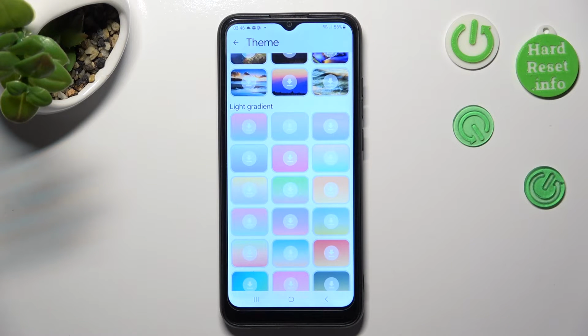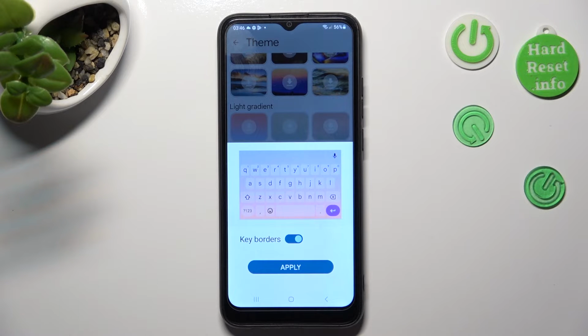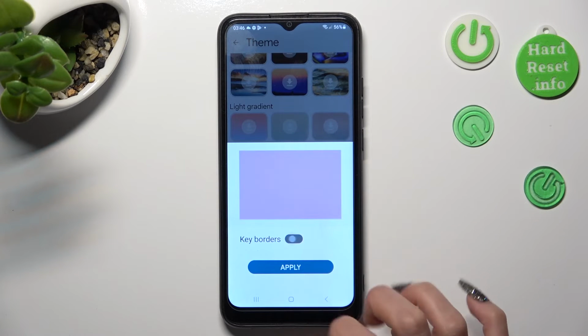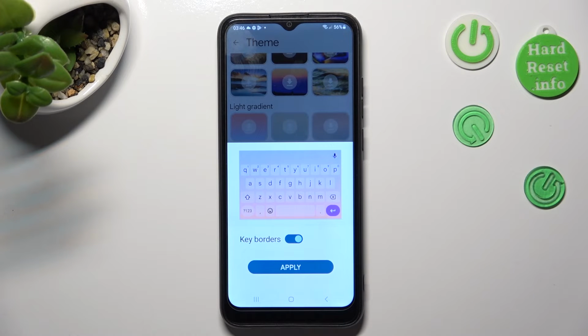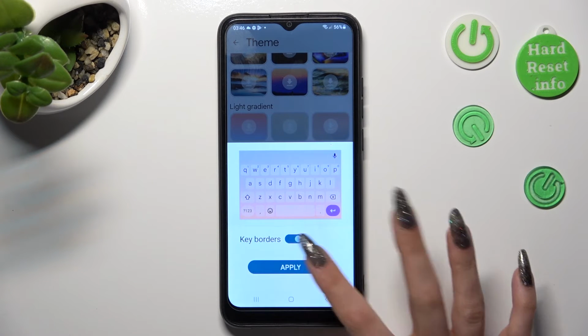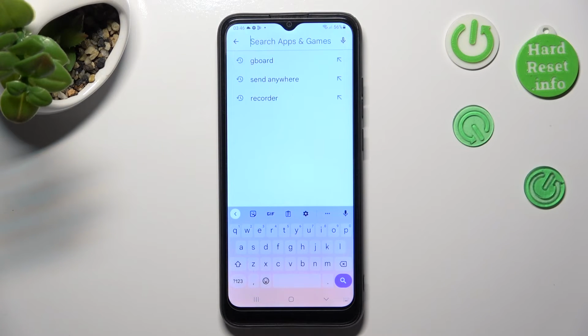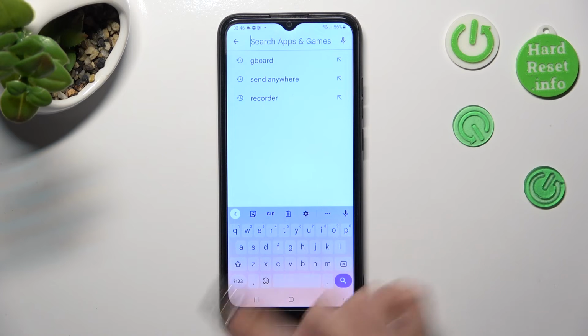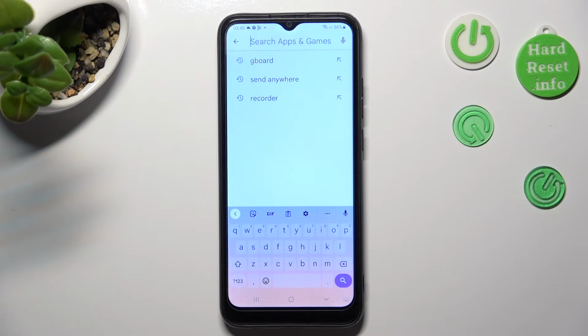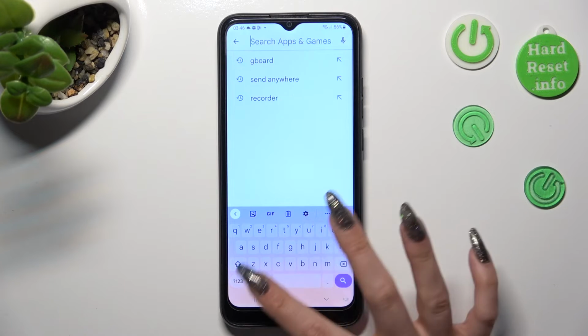Then tap on the best one for you. Manage keyboard borders thanks to this switcher. And save your keyboard by tapping on Apply. As you can see, color of it has changed, but you can always customize it with an image by going